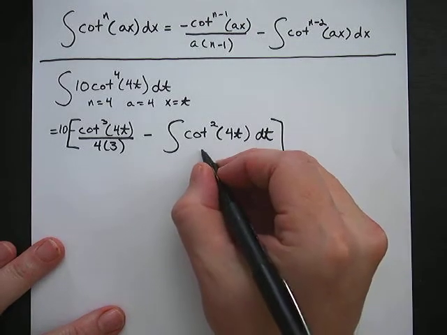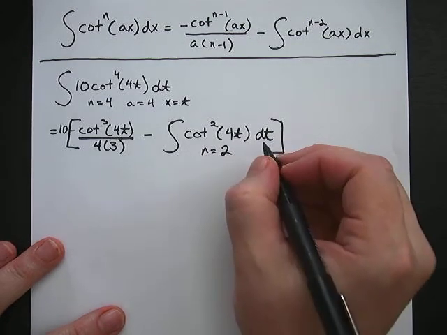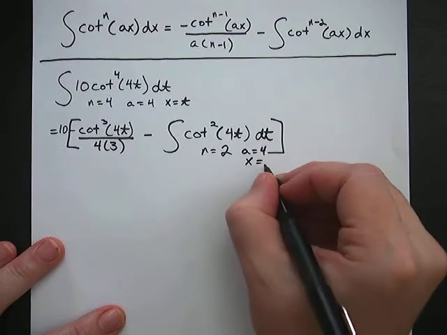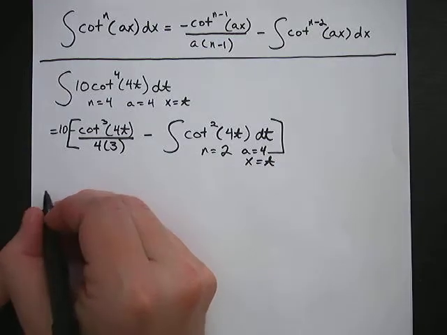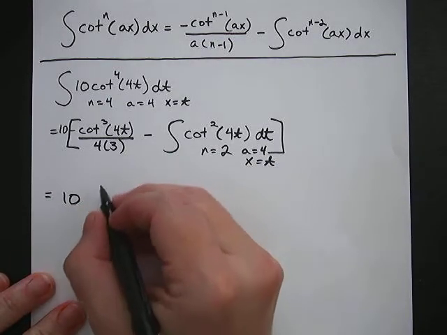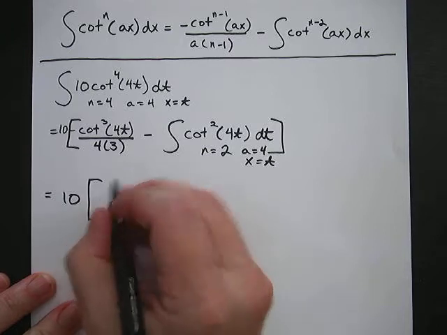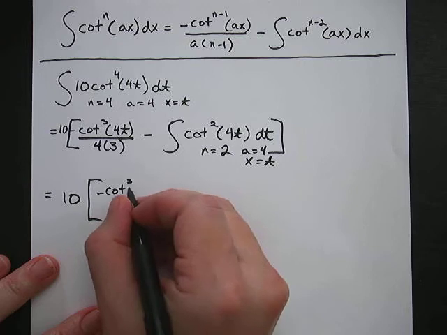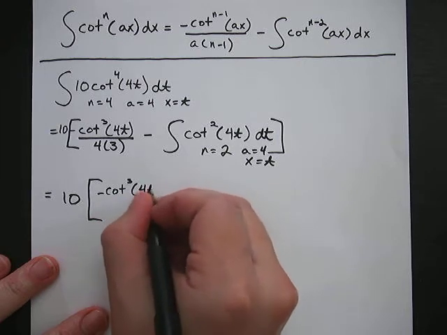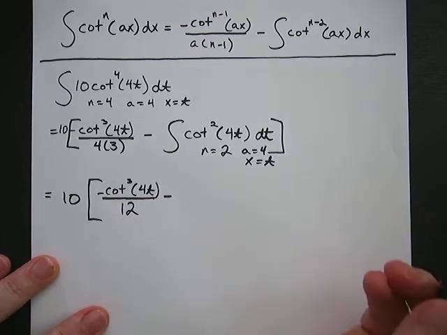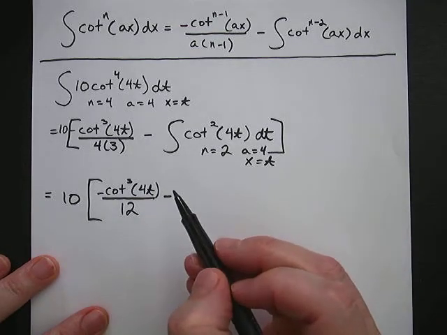Okay, so this time my n is equal to 2. And my a is still equal to 4. And my x is still equal to t. Okay, so if I do that, let's put that 10 out front again. Okay, so I get negative cotangent cubed 4t, and then we'll change the bottom into a 12, minus, because of this minus, and now I'm going to